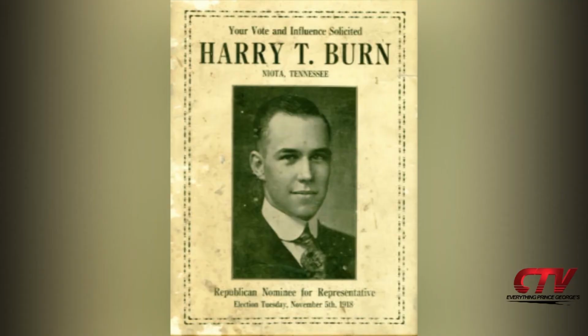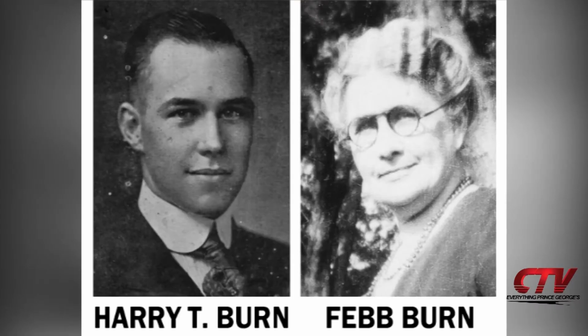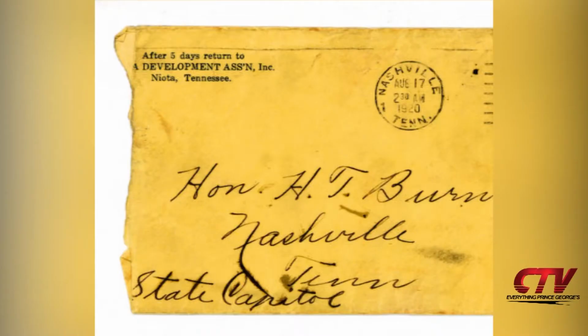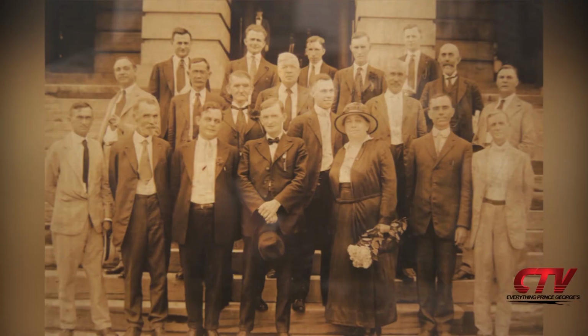several procedural votes previously. What the suffragists didn't know was that Harry Byrne had received a letter from his mother earlier in the day. And she was not a suffragist, but she was a supporter of women voting. She wasn't an active proponent, but she was a supporter of women voting. And she wrote to her son, to Harry Byrne, and said, Harry, I don't like the way that you've been voting the past couple of days. Be a good boy and support Carrie Catt, who was the lead suffragist, the lead pro-suffragist on the 19th Amendment